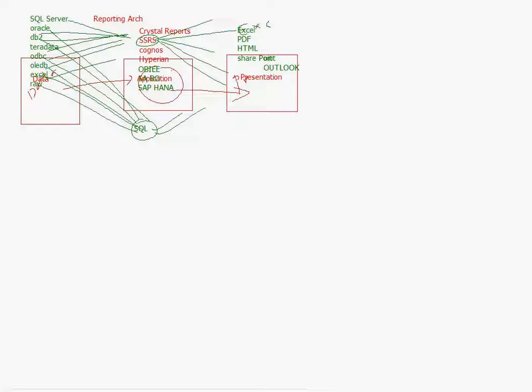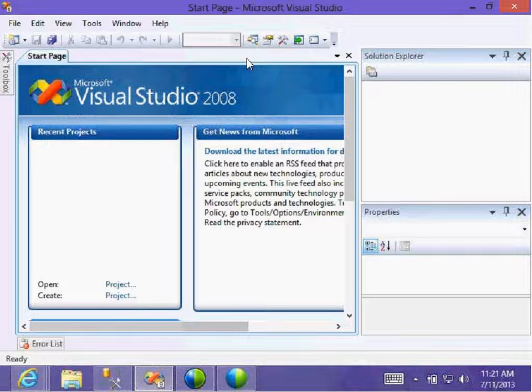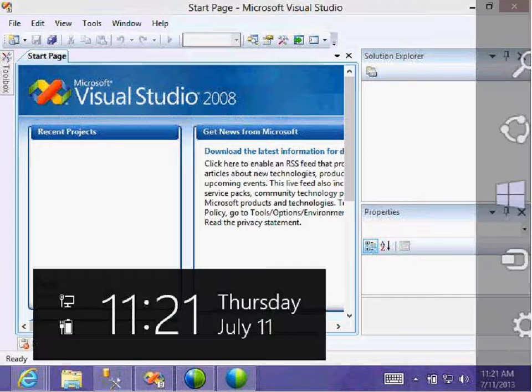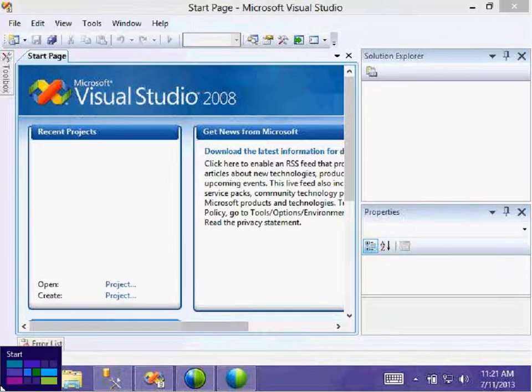Yeah, in 2008 it is Business Intelligence Development Studio. In 2012 it is going to be SQL Server Data Tools. Okay, if you are on Windows 8, just search in Windows, and if you are using Windows 7, go to the programs and directly to the Management Studio and Business Intelligence Development Studio or Management Studio. You will find the SQL Server tools.